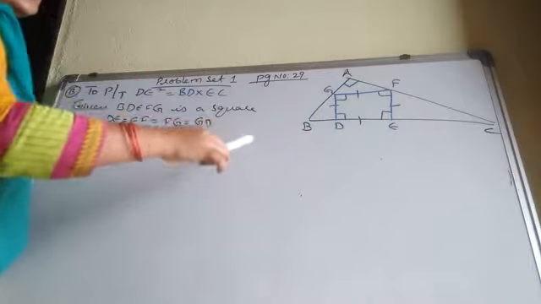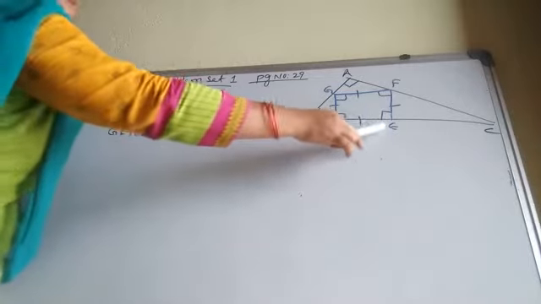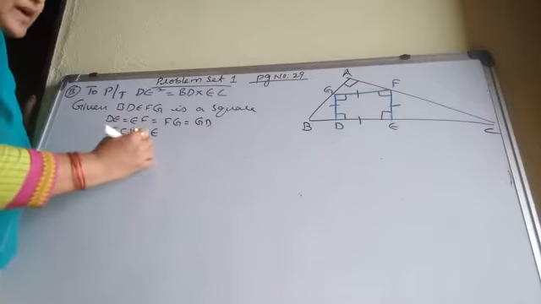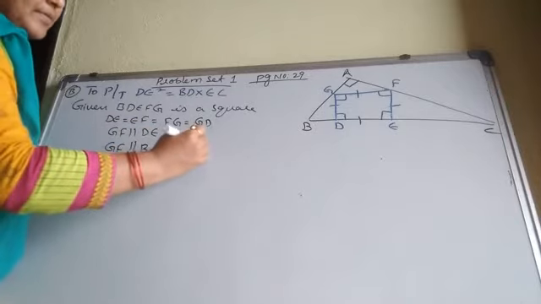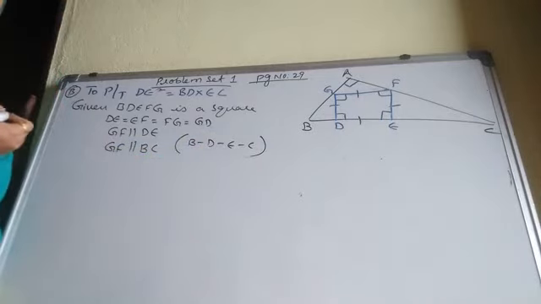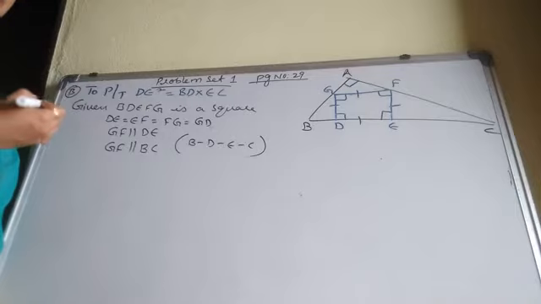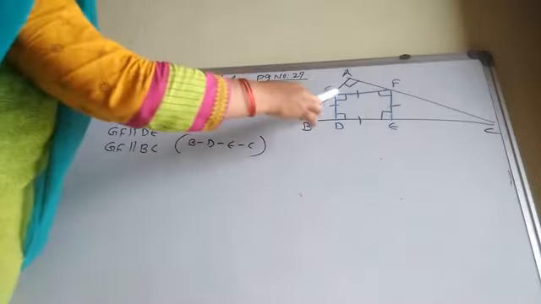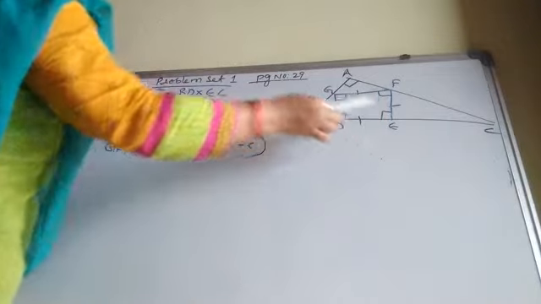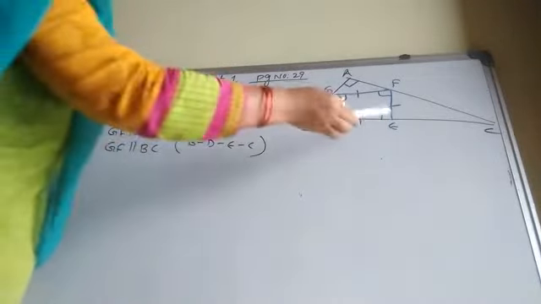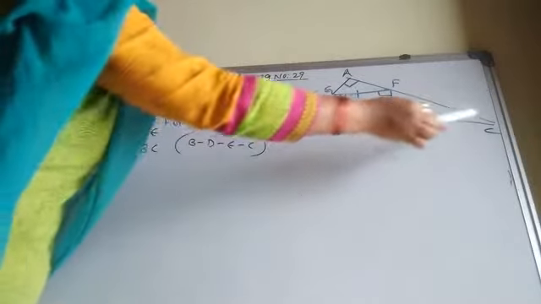But here the base you see is B, D, E, C. Can I write BC? Why? Yes. GF is parallel to BC. Okay? When lines are parallel, compulsorily there will be a transversal. If parallel lines and transversal, see, GF is parallel to BC. Here our BA is what? Transversal.